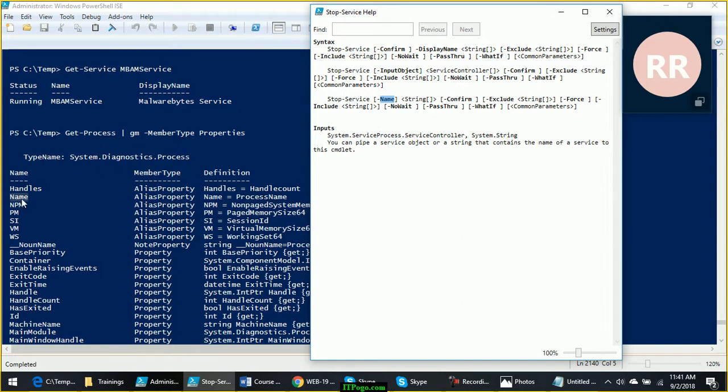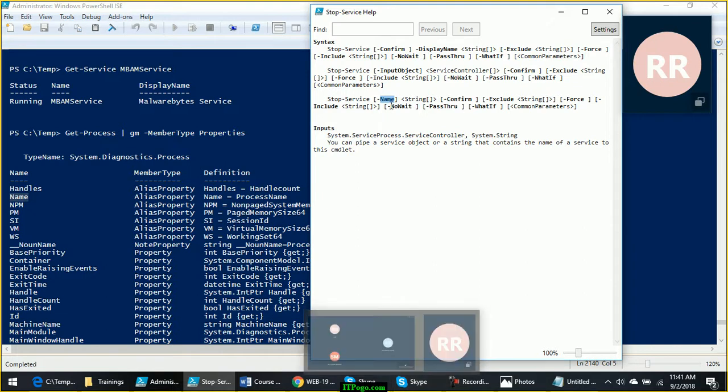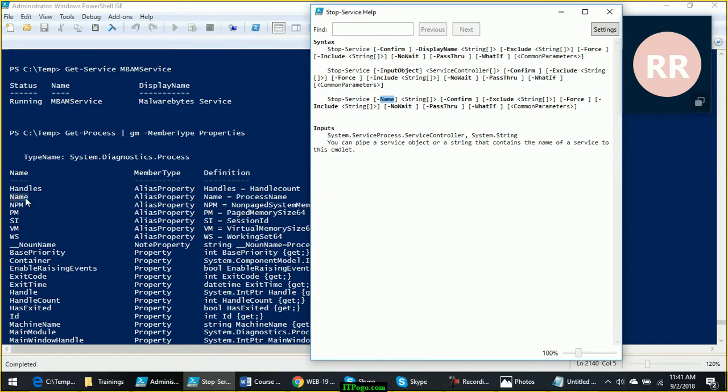So the output of this property will be given as input to this parameter. Okay. Now the second rule, this is not sufficient. It's not that if there is a property with the same name as a parameter, the output of this property will be given as input to this parameter. That is not true. That is only the first rule.